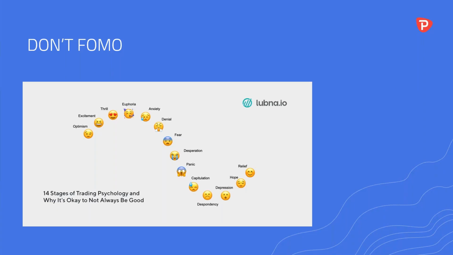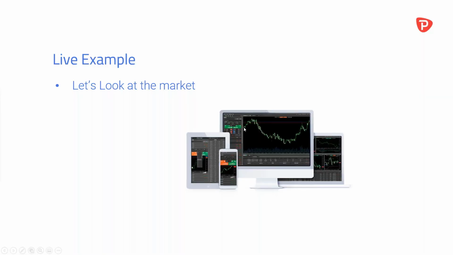Unfortunately, we're playing statistics. So therefore, things like what we bring up every week during this crisis period, during this high volatility, is we do not want to FOMO. We do not want to FOMO in the markets, and we want to be using as much of our strong psychology and therefore indicators showing us that we should be in the trade, we should hold it, and we don't fall into any of these kind of traps in terms of the 14 stages of trading psychology. We don't want to be there. Ideally.